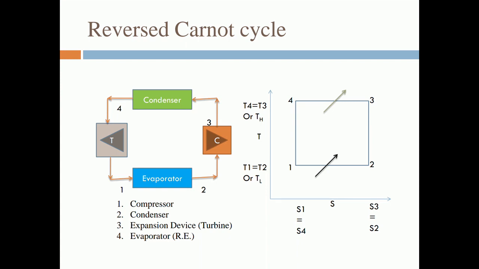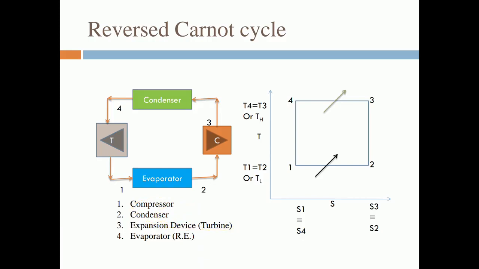As I already mentioned, in any refrigeration cycle four components are there. In the reverse Carnot cycle too, there are four components: compressor, condenser, expansion device, and evaporator. The expansion device will be changed. In the reverse Carnot cycle, the expansion device is a turbine. In other cycles the expansion device is also changed, and the sequence remains the same. First is the compressor, then condenser, expansion device, and last the evaporator